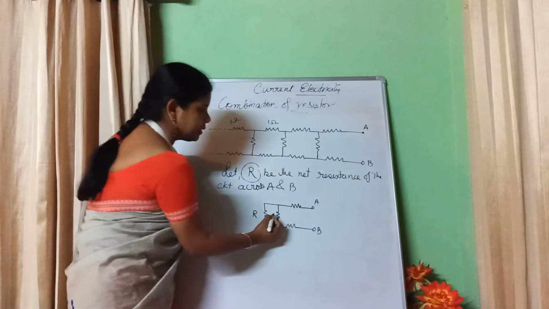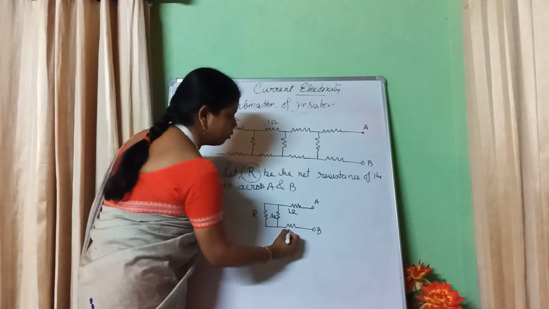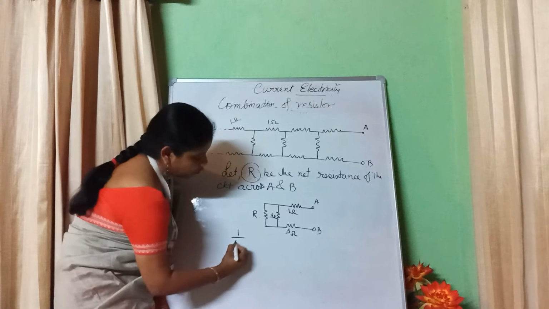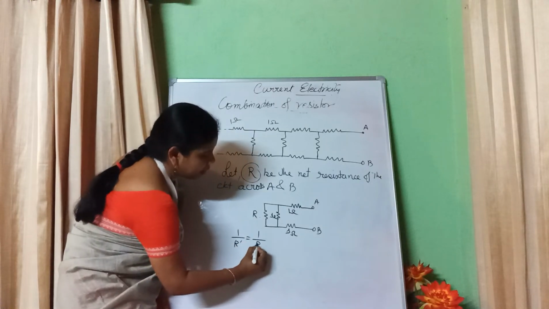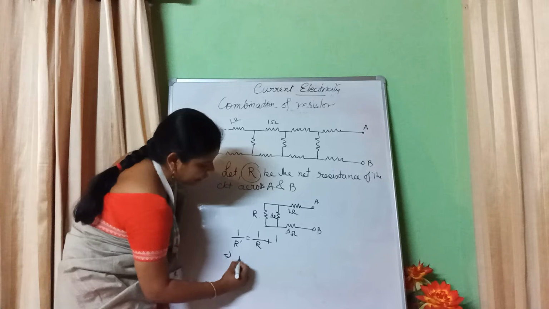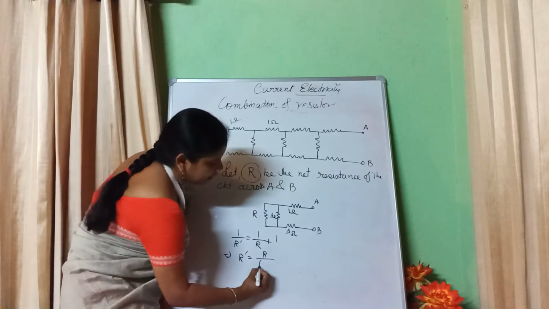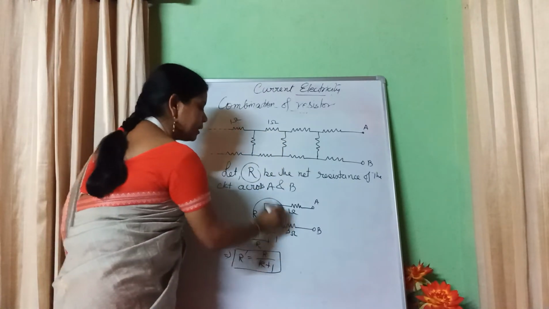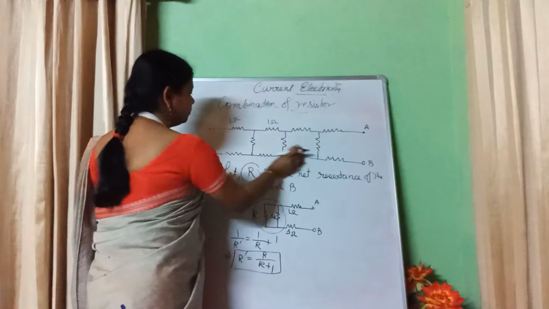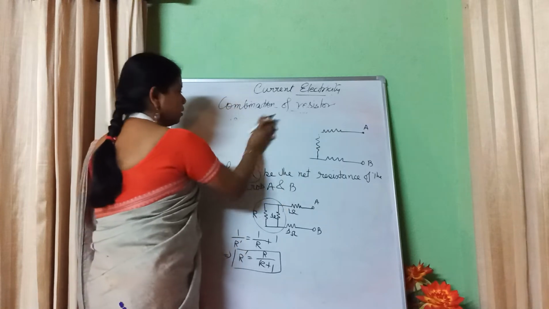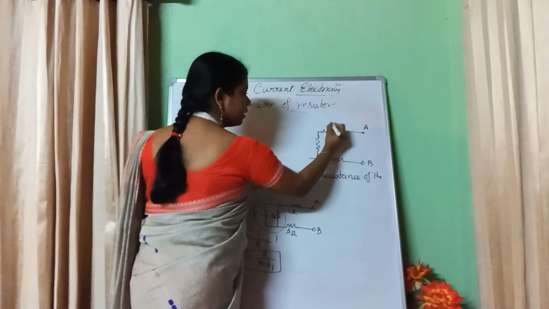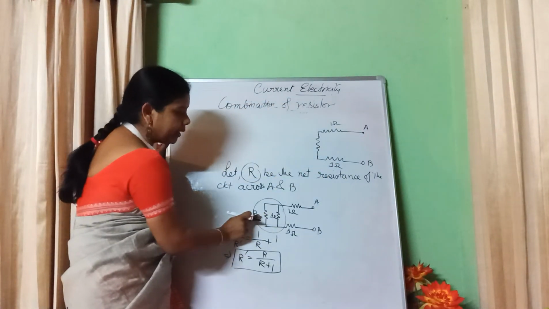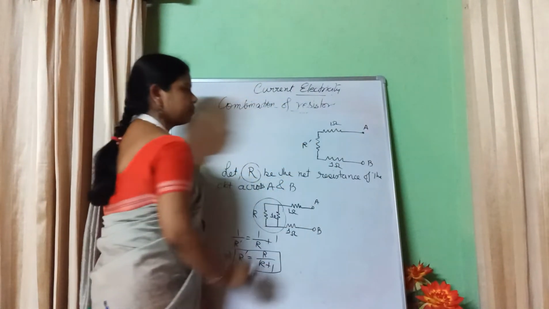So in this particular circuit, this is 1 ohm, this is 1 ohm, this is 1 ohm. So these two are in parallel or not? So I can write 1 by R dash is equal to 1 by R plus 1, or I can write R dash will be R divided by R plus 1. So this is the resistance for this part. Already this 1 ohm is there, this 1 ohm is there. Now instead of this 1 and R, I have R dash.